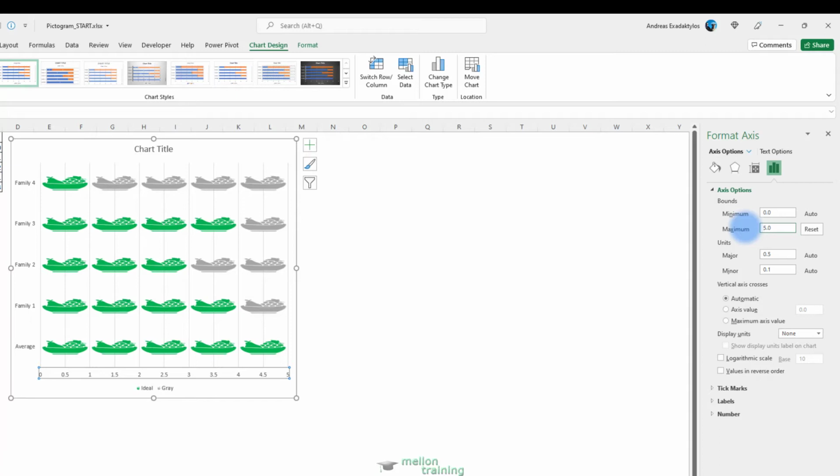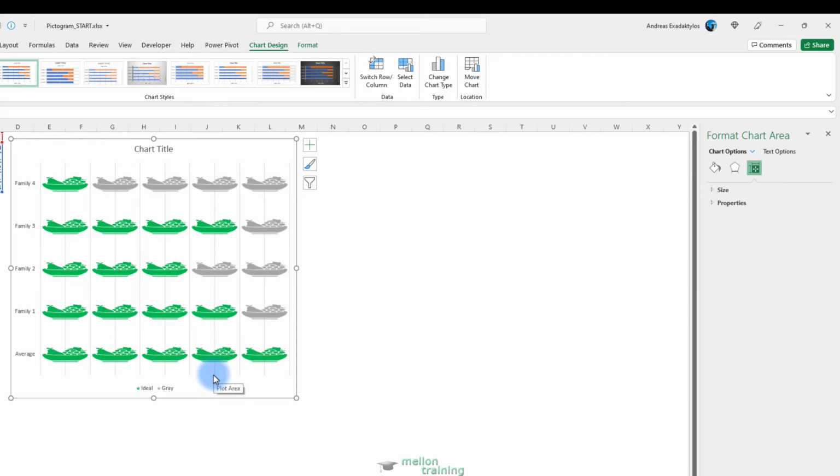Well, this probably added to the distortion, but it'll be easier to deal with the overall chart area now. In fact, let's delete that axis. Just click on it and hit the delete key on your keyboard and delete any grid lines. If you click on one of the fruits, you'll see that it is sitting within your original stacked bar area,